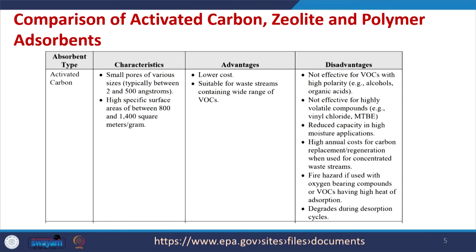So, the main advantage is they are low cost and they are very suitable for removing various pollutants including a wide range of VOCs etc. And they cannot be used for removal of VOCs with high polarity, other types of compounds etc. So, they may have certain disadvantages also many times, but they are generally the most common adsorbent which is used